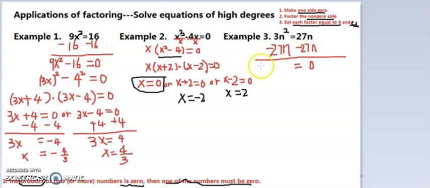The left-hand side, because they're not like terms, one of them has an n squared term, the other does not have a square, which is just 27n. They're not like terms, so they cannot be combined. So we're going to do the second step, factoring. Notice they all have a 3n in common, so we're going to do GCF first. We're going to factor out 3n times n minus